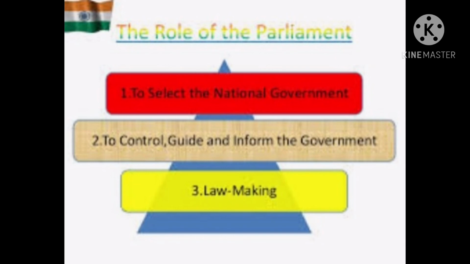Got it? Then keeping the ministers accountable. Actually the ministers who run the government are accountable to the parliament. They have to take responsibility before the parliament. So the MPs have the right to debate and criticize government policies and the right to question ministers about the actions of the government. Then approving amendments to the constitution. So the parliament only will give approval to change the constitution laws and all, right? Then approving policies towards other countries. So the treaties and trade agreements with other countries have to be approved by the parliament.